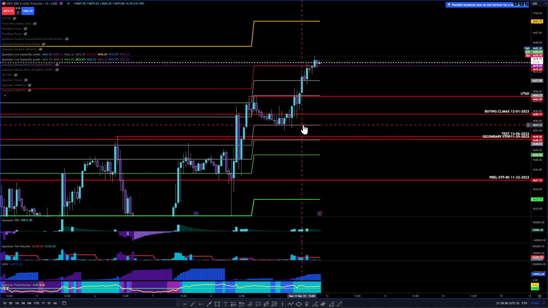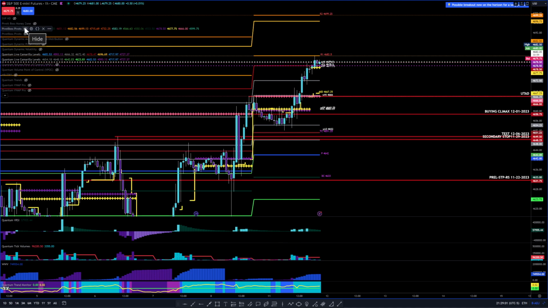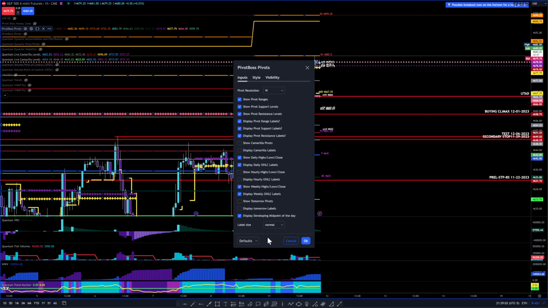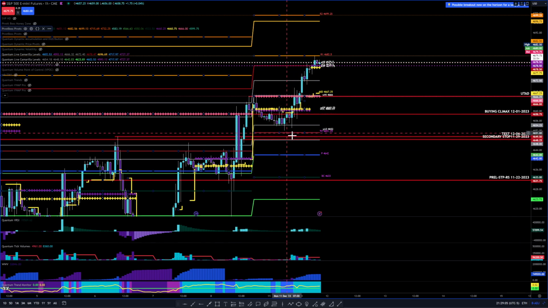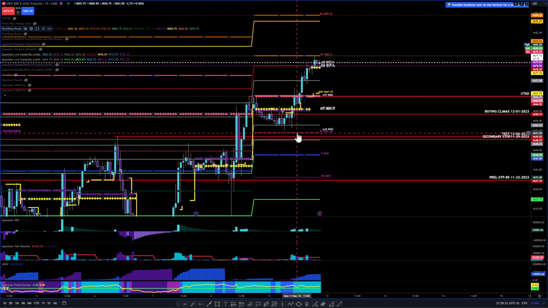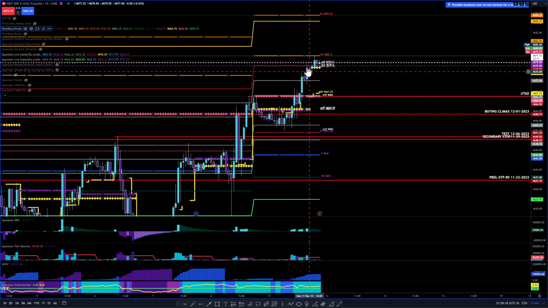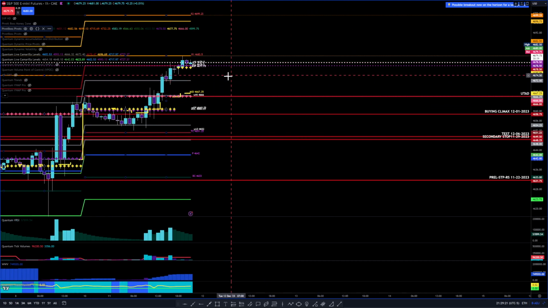We stayed here at the weekly pivot S1. We didn't get to S2, so that's looking good for support as well. Let's throw on the pivots again. Make sure this is the weekly, right? So coinciding with the pivots, this is the top central pivot, this is S1, this is S1 right here, on the top central pivot, and we got the support there at S1, right? And we pushed up all the way to Camarilla R3, right?